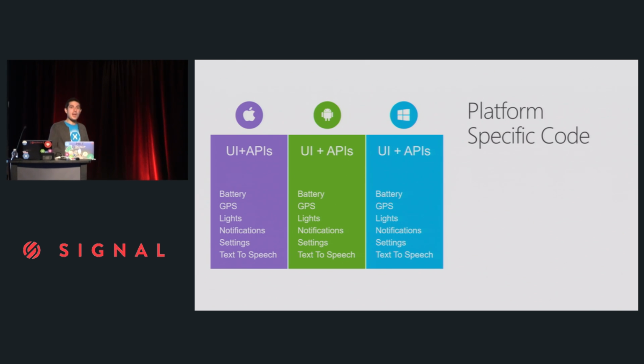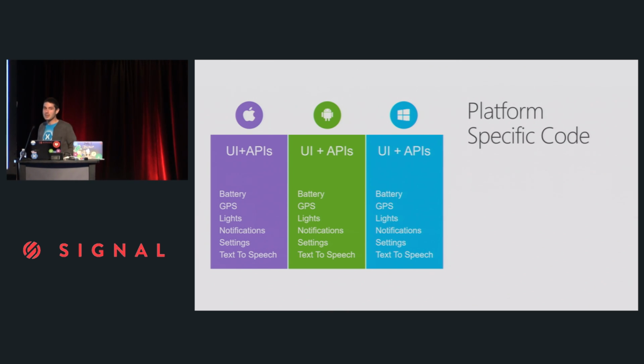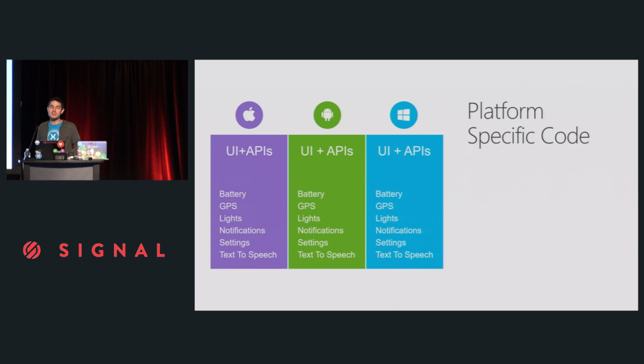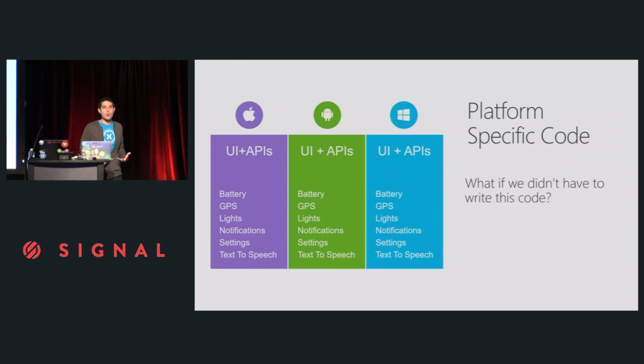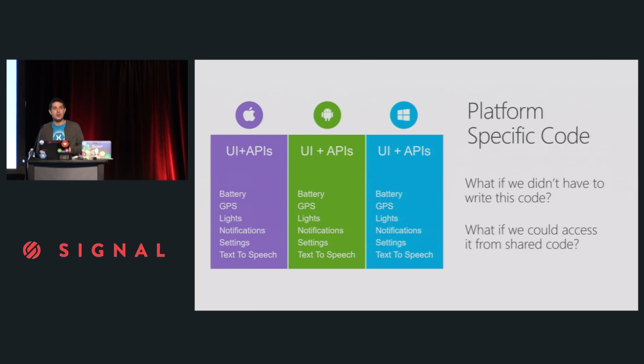Now, in the case of Twilio, we haven't abstracted anything away yet. We created our own little abstraction. But Xamarin's been around for a long time. Like I said, I've written about 70 applications, and I got sick of writing all of this code over and over again. So what I thought would be cool is, what if I wanted to maybe spice up and share these monkeys' locations? Or maybe I wanted to speak back the physical texts that are coming in. Because what if you didn't have to write all this code, but you could access all this native functionality from the shared code? That'd be very powerful.